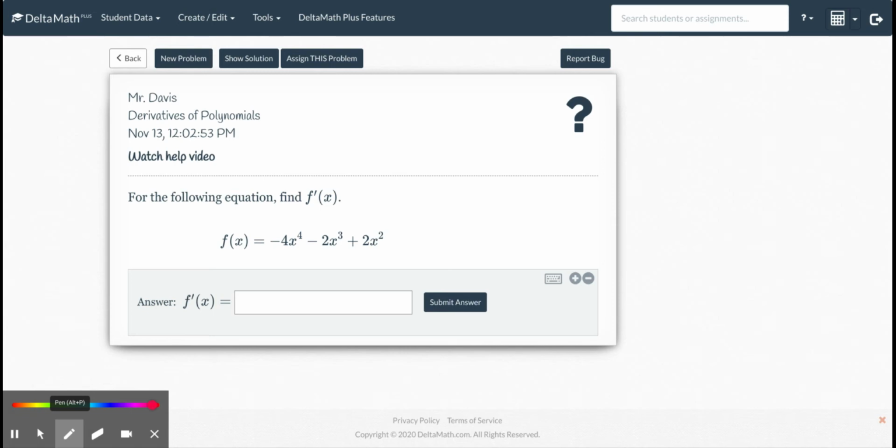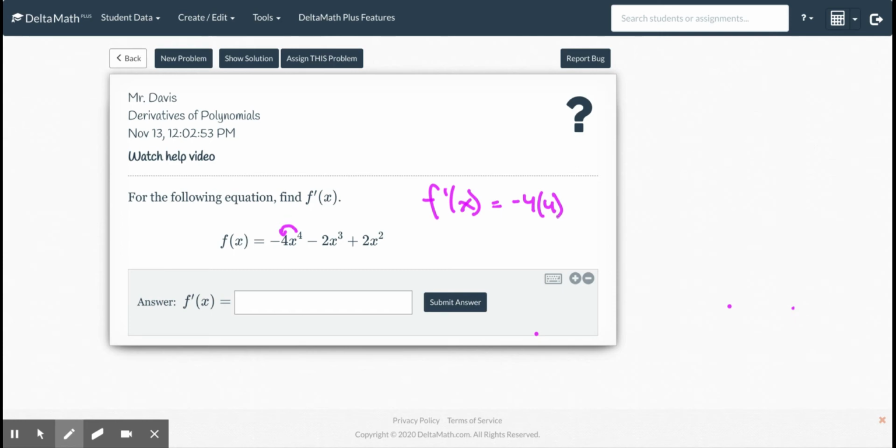The first section here, hopefully these are starting to get pretty simple for you. The power rule says that you bring this power down. If there's a number in front, we're going to multiply it, and then we subtract 1 from the exponent. So f prime of x for this first one, we're going to do 4 times negative 4. I'll go ahead and write this first one out, but we're not going to need to do that long term. So 4 times negative 4, and then we subtract 1, so it's really like 4 minus 1 for the